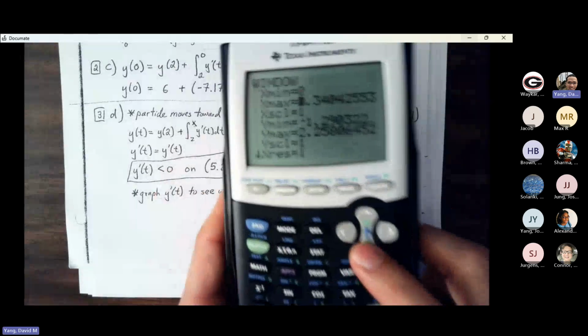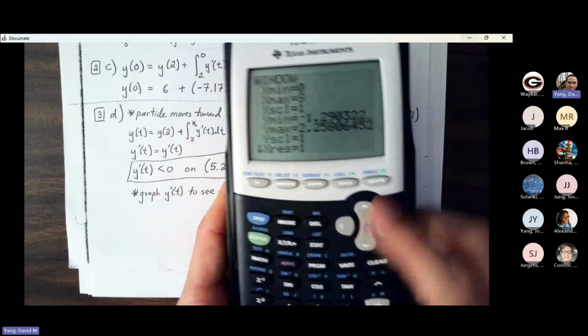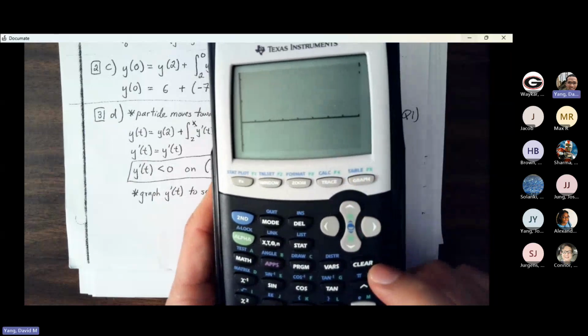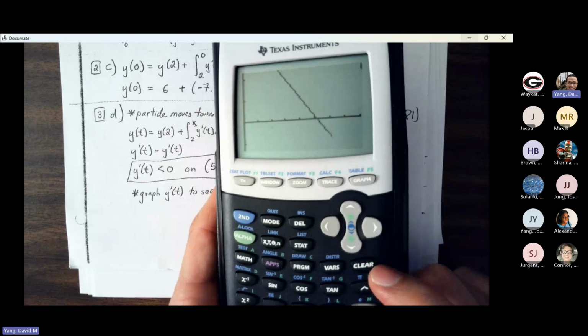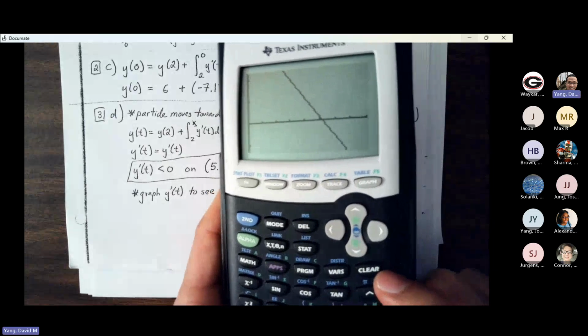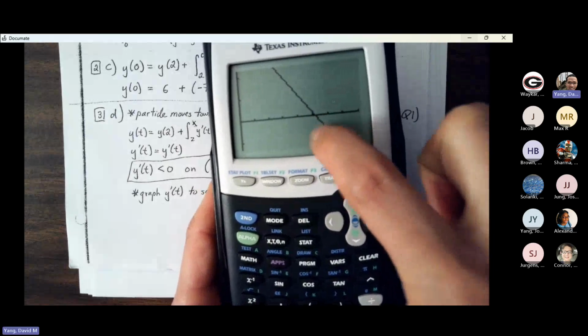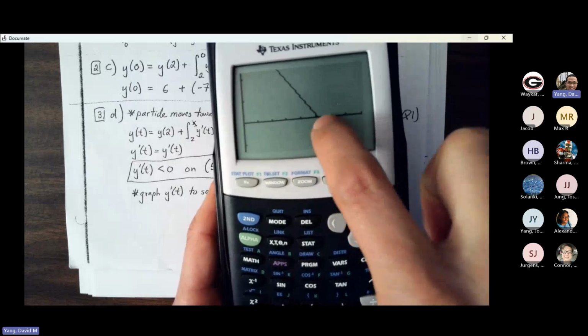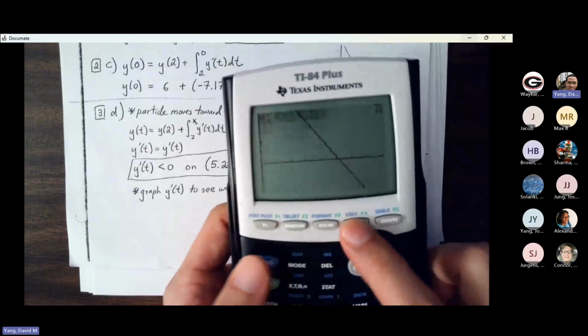I'm adjusting my window from 0 to 8. I'm graphing it. So I'm just looking to see whenever y prime is dipping below the x-axis, and I see once I get past that x-intercept, it's going to be all below the x-axis. So if I do second trace,